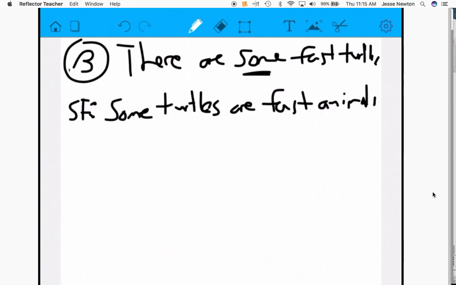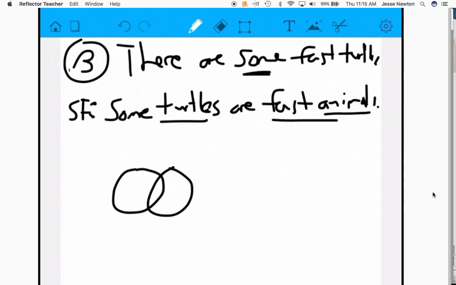You could say fast things. You could say fast objects. You could say a lot of different things. I used the word animals. You don't have to necessarily use that word, but you do need to name a class. You just can't say some turtles are fast. You have to say some turtles are fast objects, fast things. Pick the noun you want to use. And we're going to use abbreviations from here. I'm going to use T for turtle and FA for fast animals. We have our 3 regions,